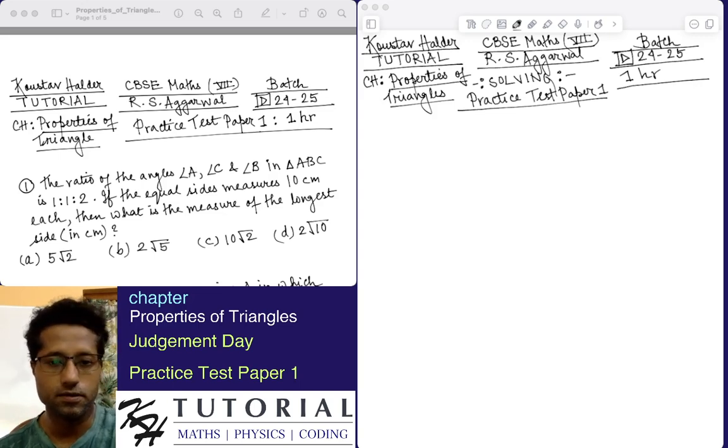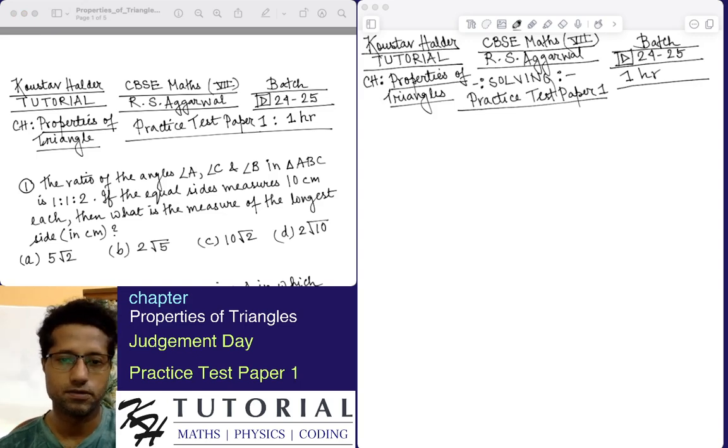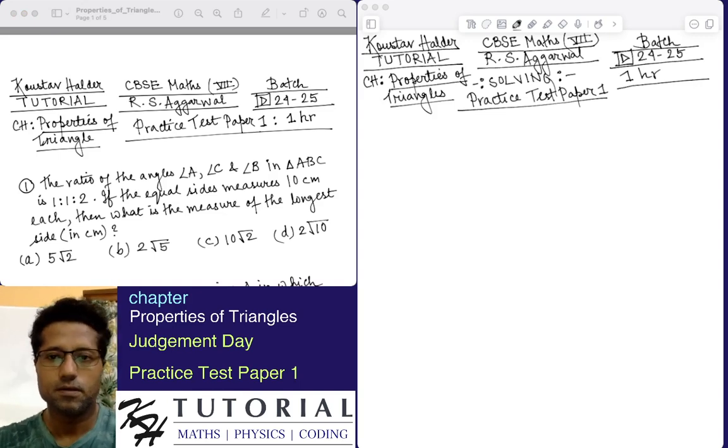So let's start solving the practice test paper number 1. I hope you can see the practice test paper 1 on the left hand side, and on the right hand side I will solve the questions. Okay, so the first question says that the